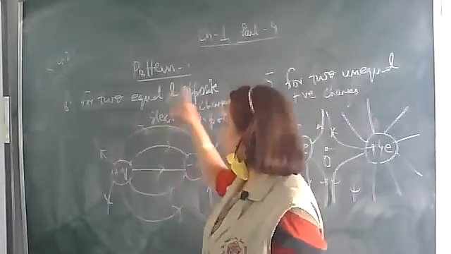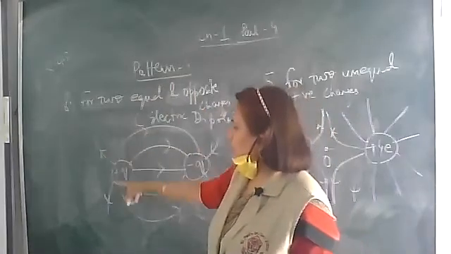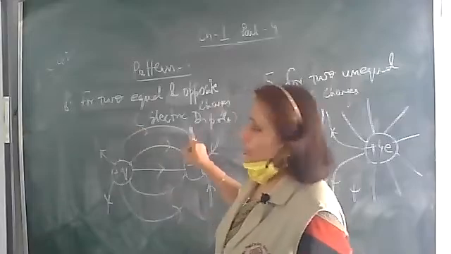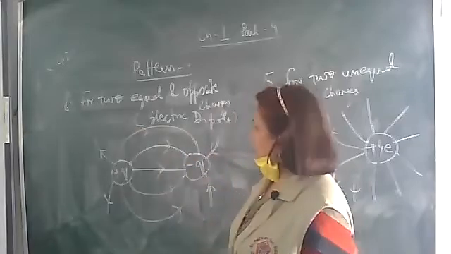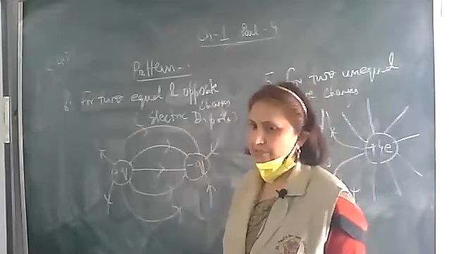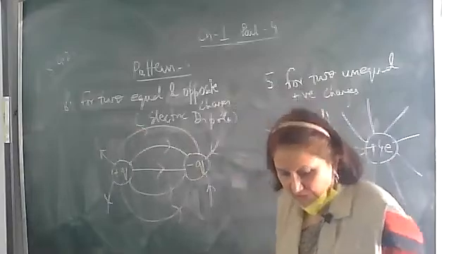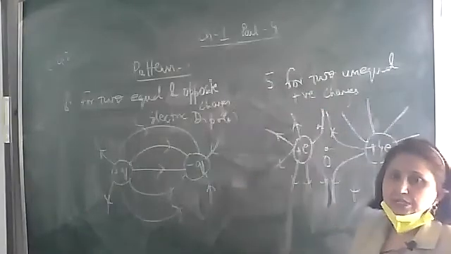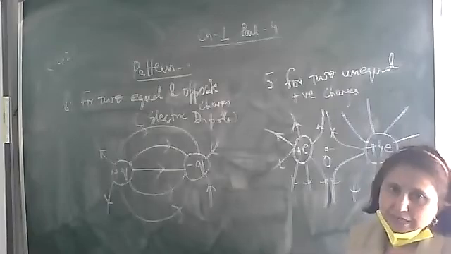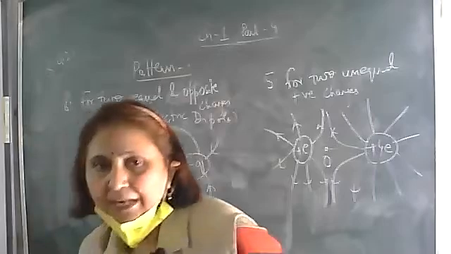They are starting from the positive and ending at the negative charge. How are they coming out? Normal to the surface of the conductor. Okay, and at any point if you have to find out the direction of the electric field, you will draw the tangent at that point. That will give the direction of the electric field. So this is for an electric dipole, that is two equal charges opposite in sign. This is the pattern of the electric lines of forces. Okay, next we'll draw for uniform electric field.